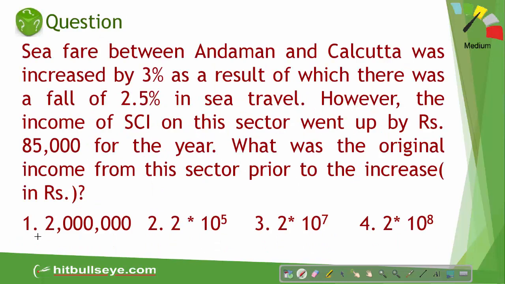This one, students. So this is again a typical question which if you solve completely, it becomes very, very tough. Now the learning that I want to give you here is, students, just have a look at the options. It is 20 lakhs, 2 into 10 raised to power 5, 2 into 10 raised to power 7, 2 into 10 raised to power 8. Reading this, you should be sure that 2 will definitely come. Now what is important is 10 raised to power 5 will come, 6 will come, 7 will come, or 8 will come. So let's solve this question by smartness.